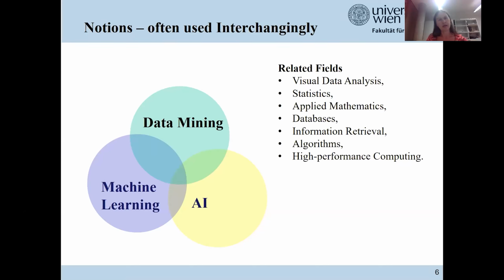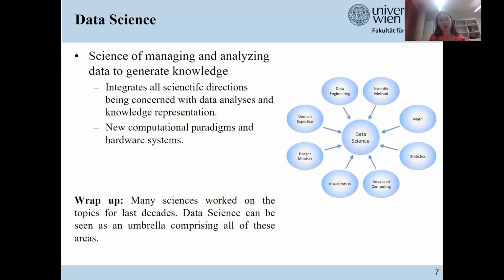And there are a lot of related buzzwords or fields. Data mining, machine learning, and AI have a lot to do with fields like applied mathematics, statistics, databases, and information retrieval, and we need high performance computing to scale up the algorithms to massive data. Many of you have maybe also heard about the notion of data science.